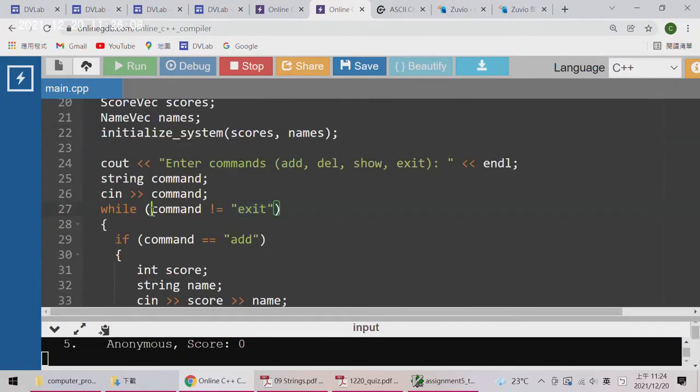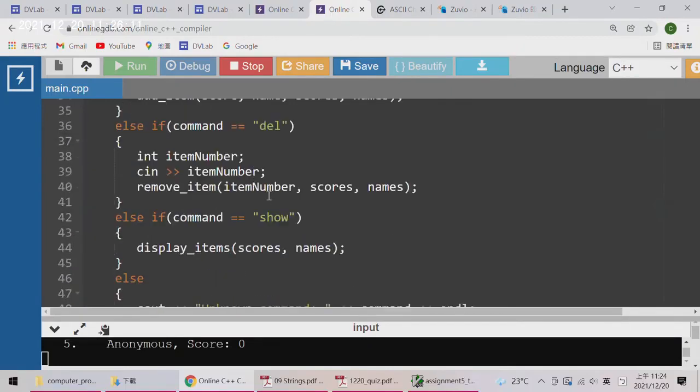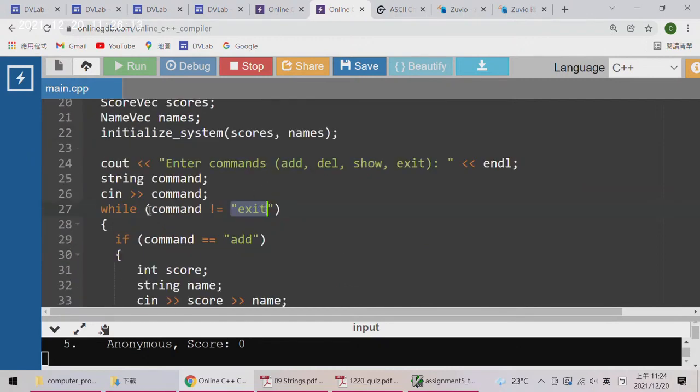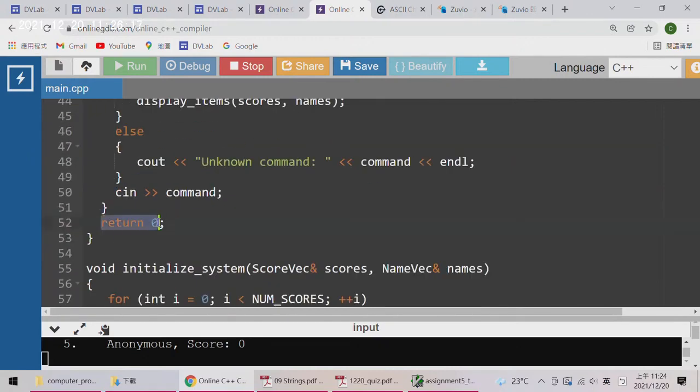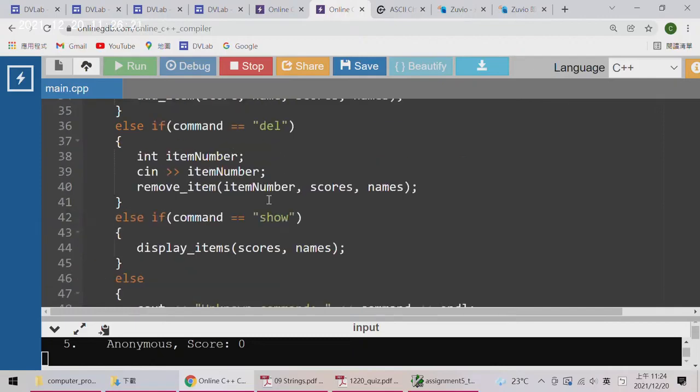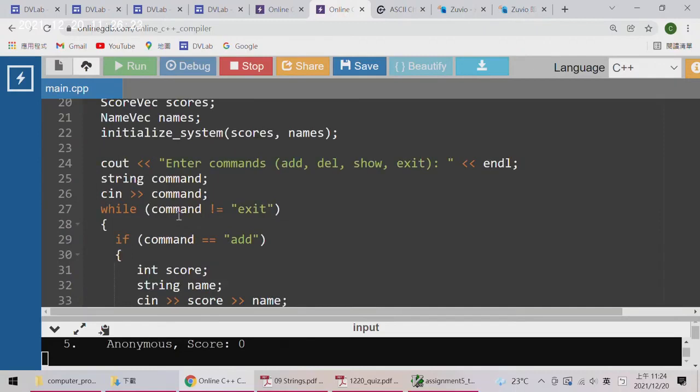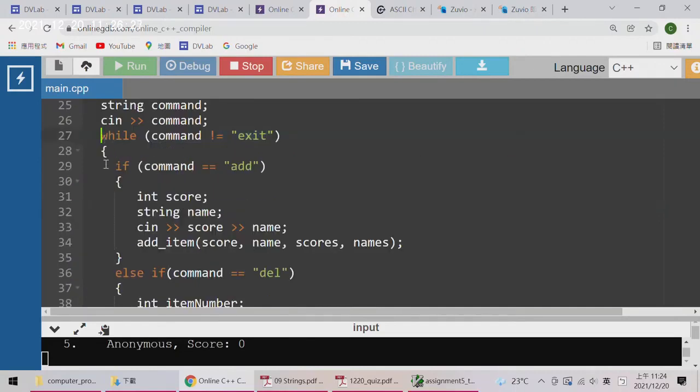If command equals exit, then we will not enter the while loop, and then we will go to return 0, and the program finishes. But if the command is not exit, we will enter the loop, and